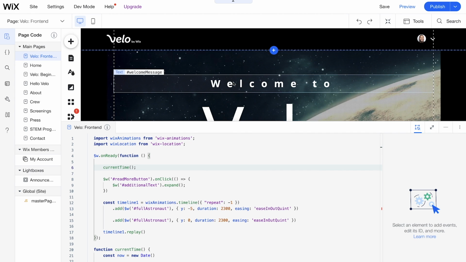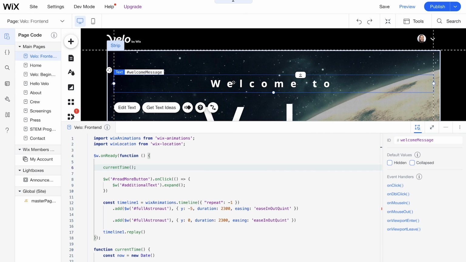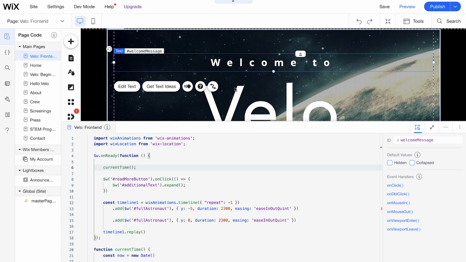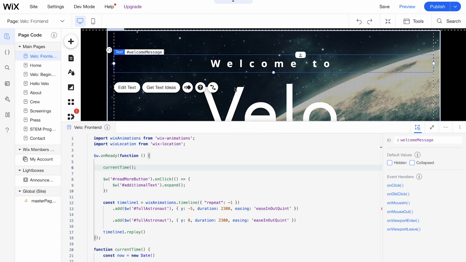As we select different elements on our page or on our editor, you'll notice that we have a new piece here to our code panel, and that is our properties panel. Our properties panel lets us manage all of our different elements on the page as we click them. So you'll see here I have our welcome message. That's the ID that I set it as, and I can always go here and edit our ID name.